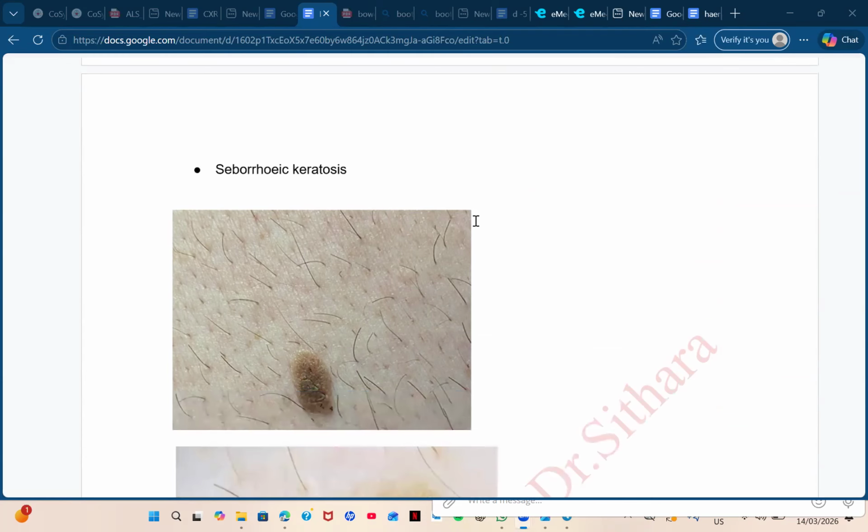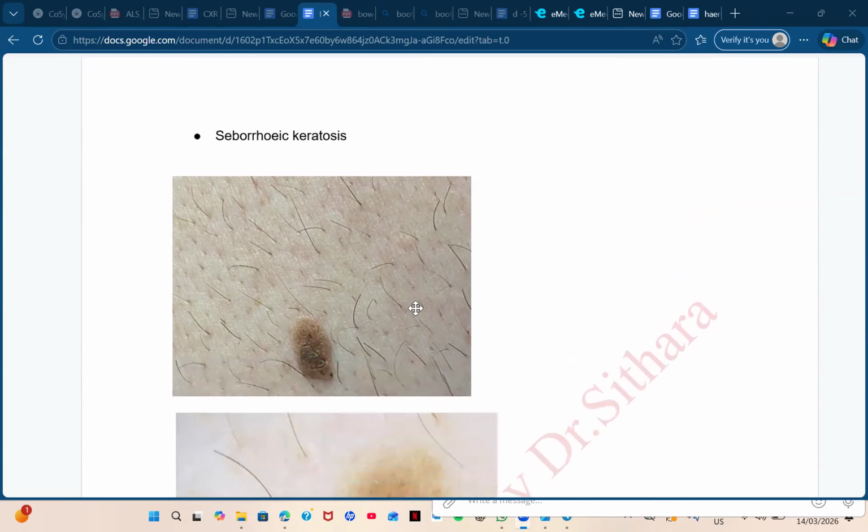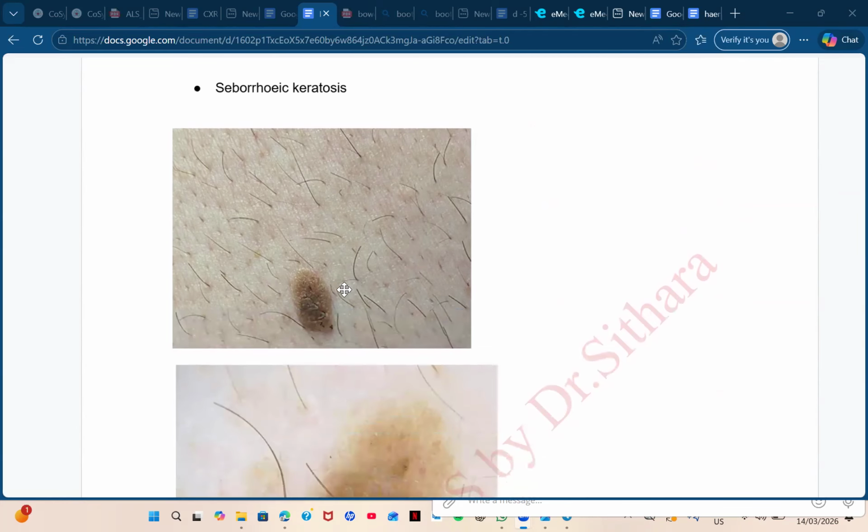Okay. So here, doctors, what is actually seborrheic keratosis? What are the key features that directly appear in your mind when I ask about seborrheic keratosis? First thing,